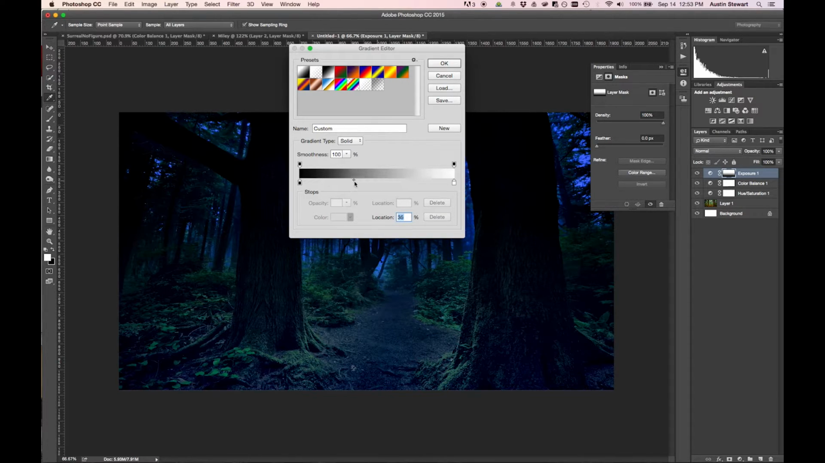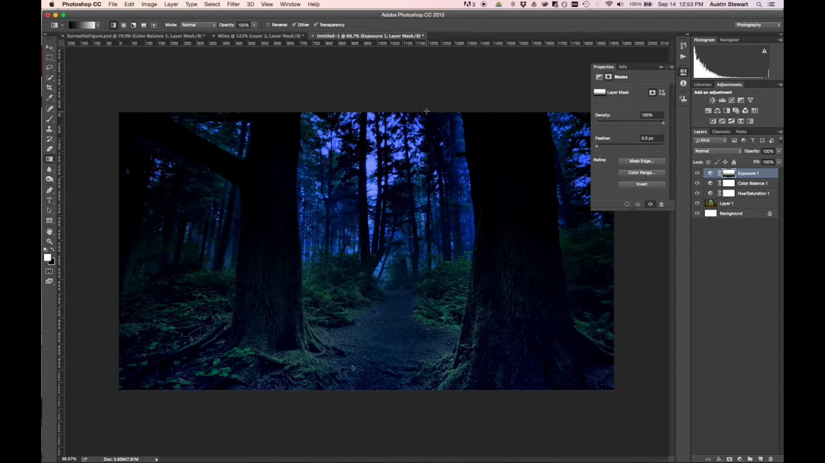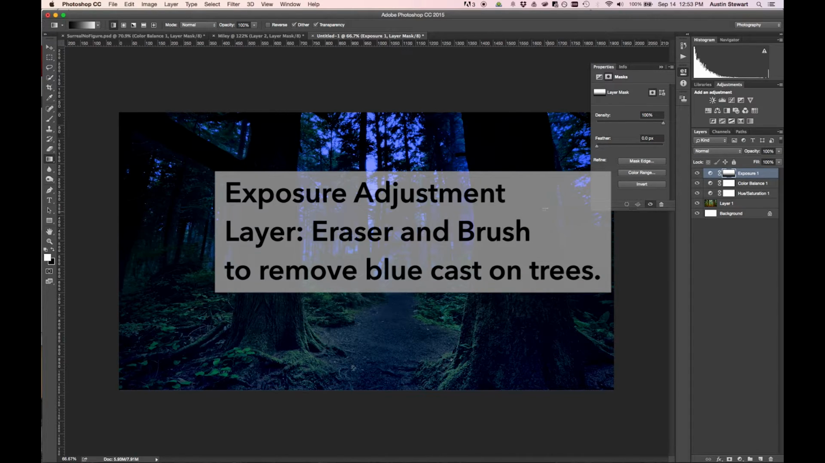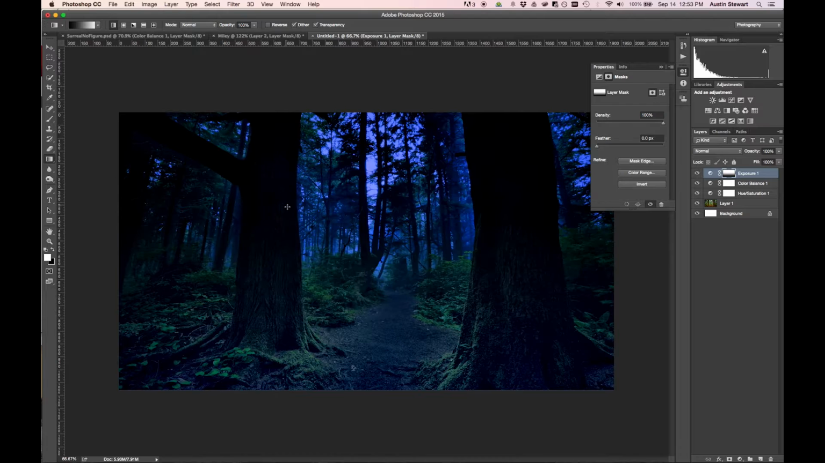But maybe I want it to go dark really quickly, so that right when this seam happens here, I can get that set. In my case, I'm pretty happy with the way it is. So I've got this set, but now these trees are much too dark. And because these are foreground elements, I really want them to still be illuminated, even though it's darker in the background. And so with this selected, I can use my eraser tool to come in here,